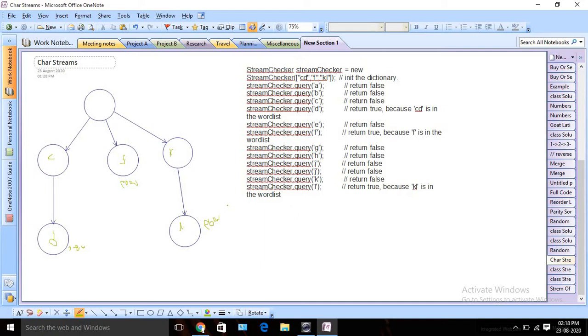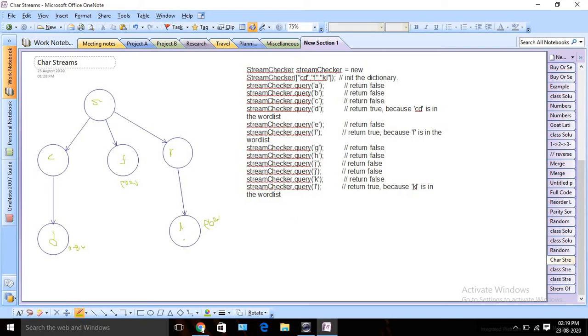In a normal scenario, suppose I want to search CD. At first, from the root node, I check whether there is a character C. Yes, there is a C. Then I move forward, going into depth using DFS for such things. We go to the depth and check whether there is a D. I have D, and then I check whether it is the end of a word. It's the end of the word, so CD exists in our dictionary. This is how a trie works.